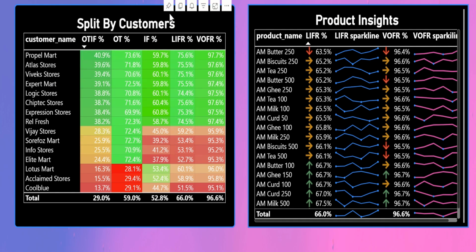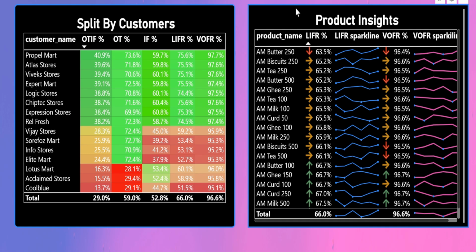And in terms of the what-if, the what-if is good for Purple Mart Atlas store, you can check it and you can try to get insight from it. So now let's just jump to the other table, which is the product insight table, and